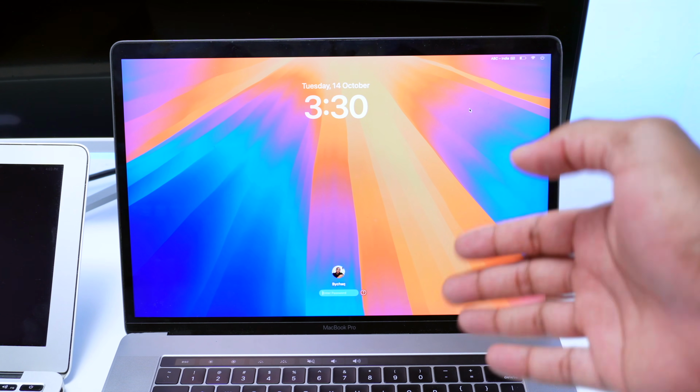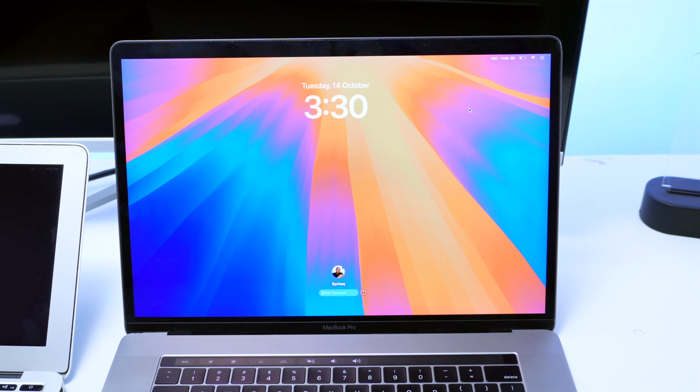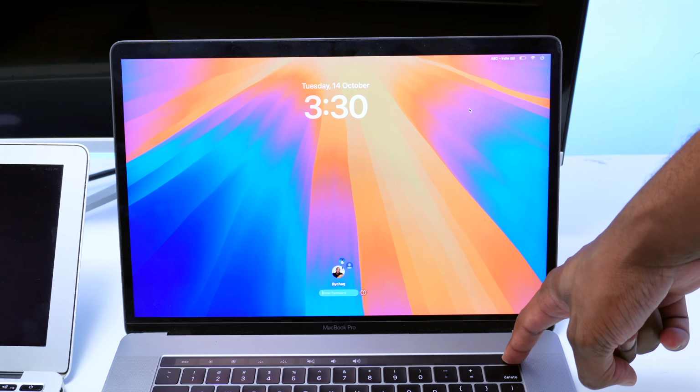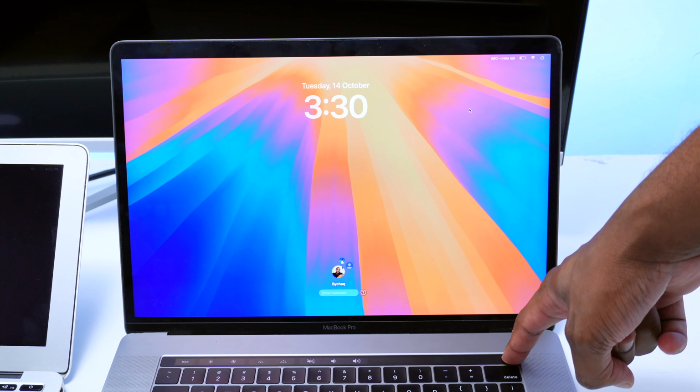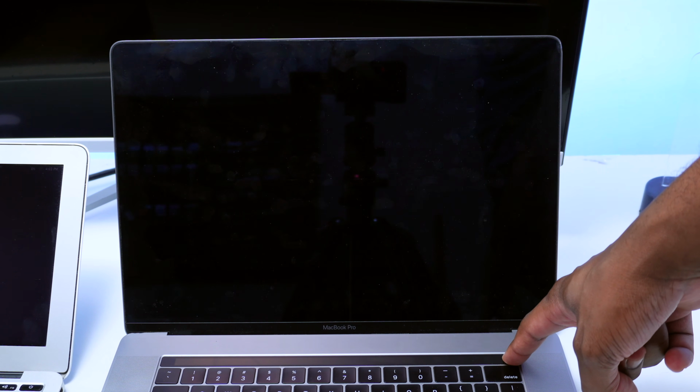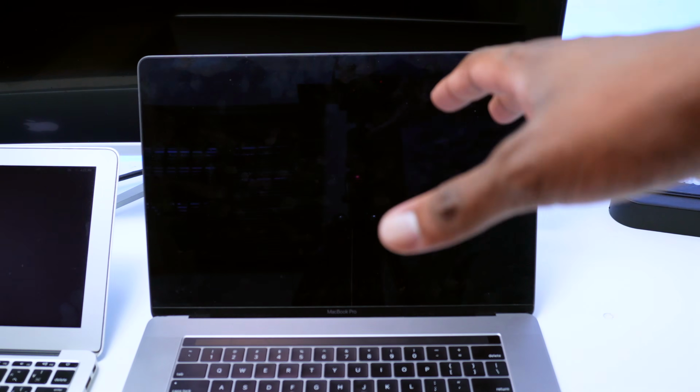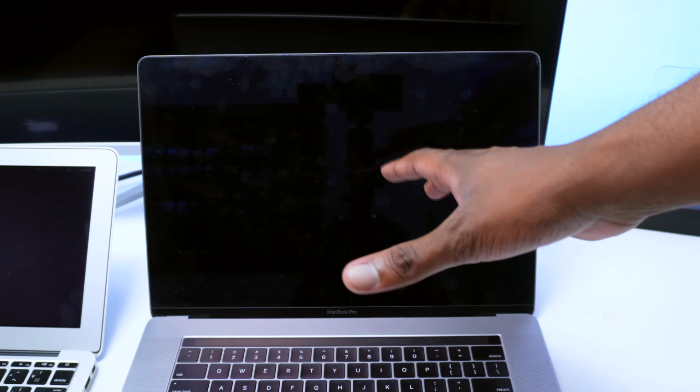Okay. Now, if you're having a hard time finding the shutdown button, simply press and hold the power button or the fingerprint button until your computer shuts off. Once it shuts off, you're going to release your finger from the button and now your computer is fully turned off. Now, what you want to do next, you want to turn on your computer and go straight to the